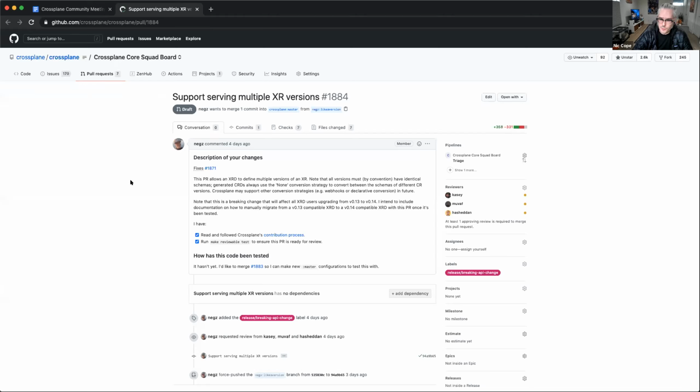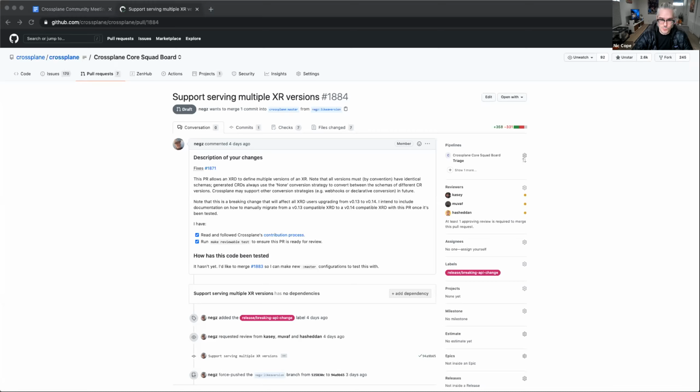But the only other alternative is to write a webhook, which we feel for the XRD experience is a little heavyweight. So as of this release, the plan is for us to not support webhooks. If there's a lot of community feedback that people really want to write their own webhooks to do conversion, then it would be easier for us to open that up. But we hope to provide a better user experience than that in future. So long story short,